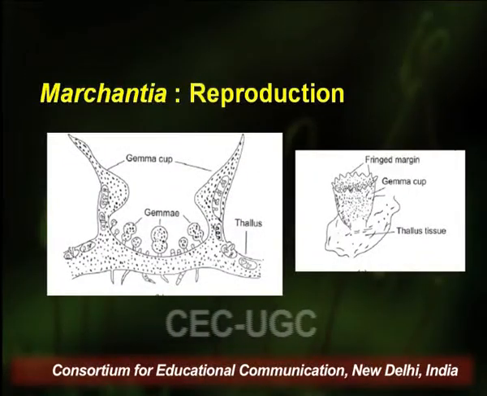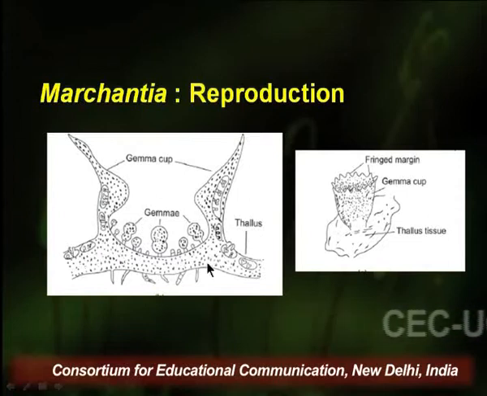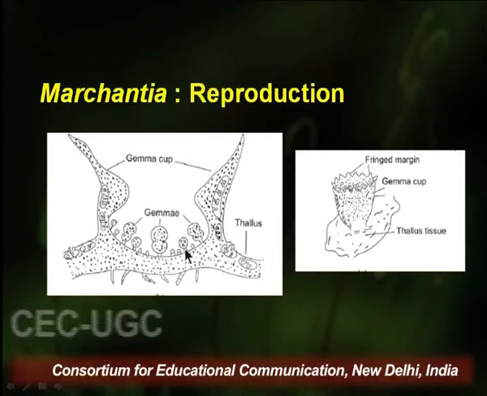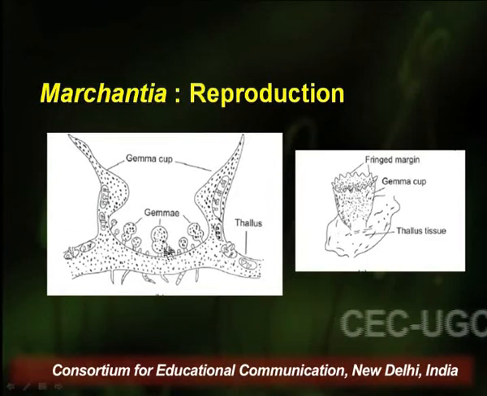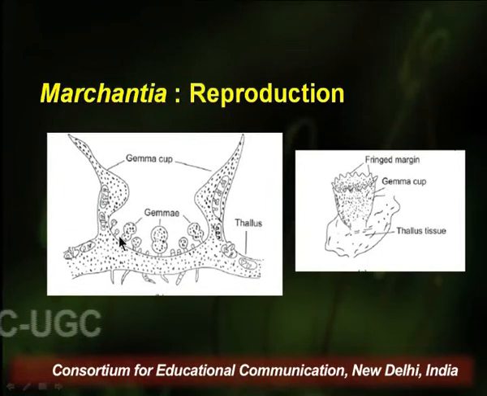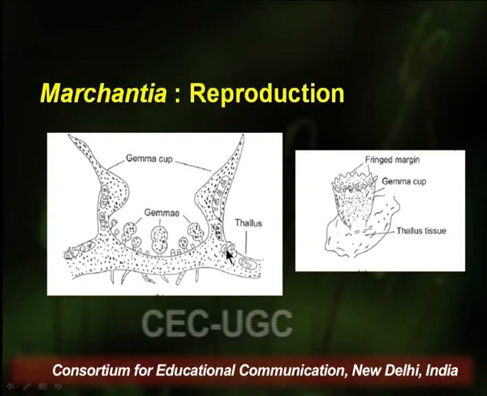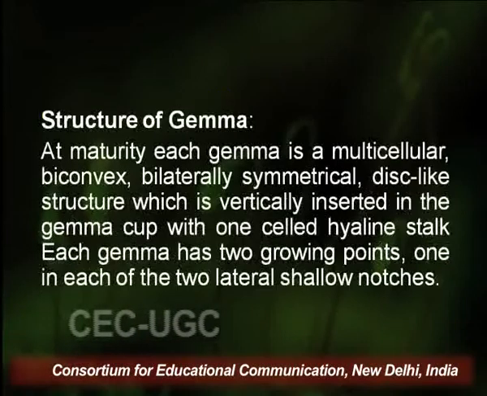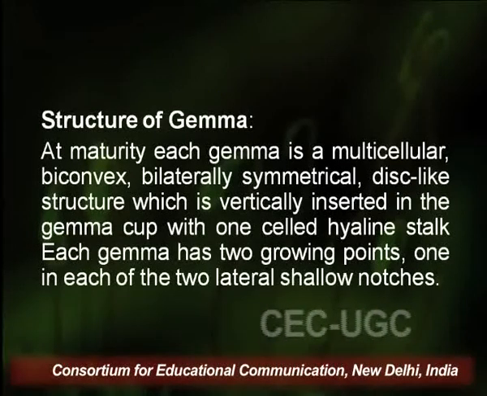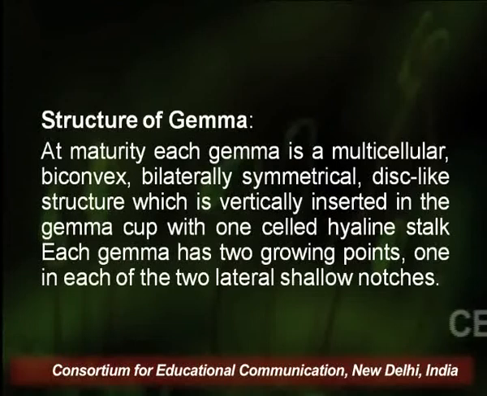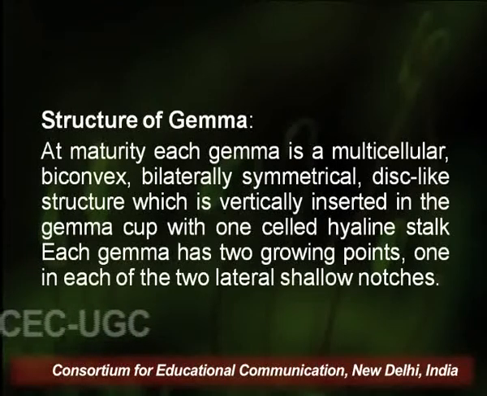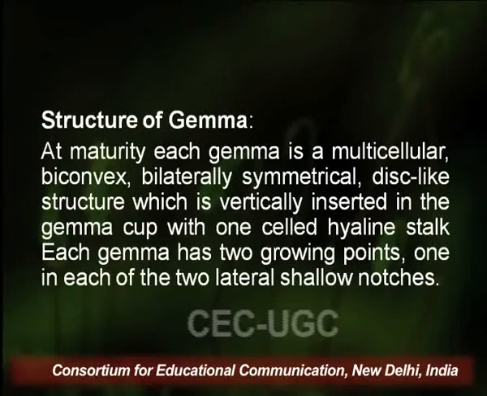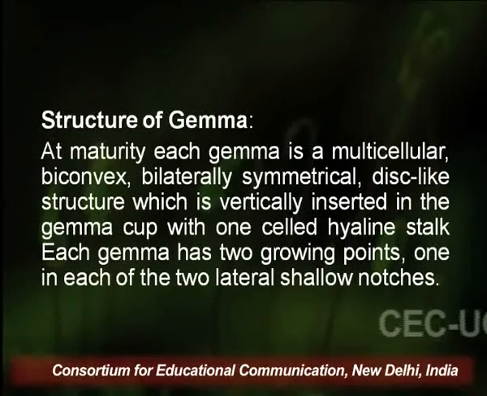In a transverse section, a gemma cup will look something like this. A transverse or vertical section of a thallus will show a gemma cup in which the gemmae are also surrounded by small mucilage-producing cells. The gemmae arise from the epidermal cells on the floor of the gemma cup. An epidermal cell becomes papillate and functions as a gemma initial. At maturity, each gemma is a multicellular, biconvex, bilaterally symmetrical disc-shaped structure which is vertically inserted in the gemma cup